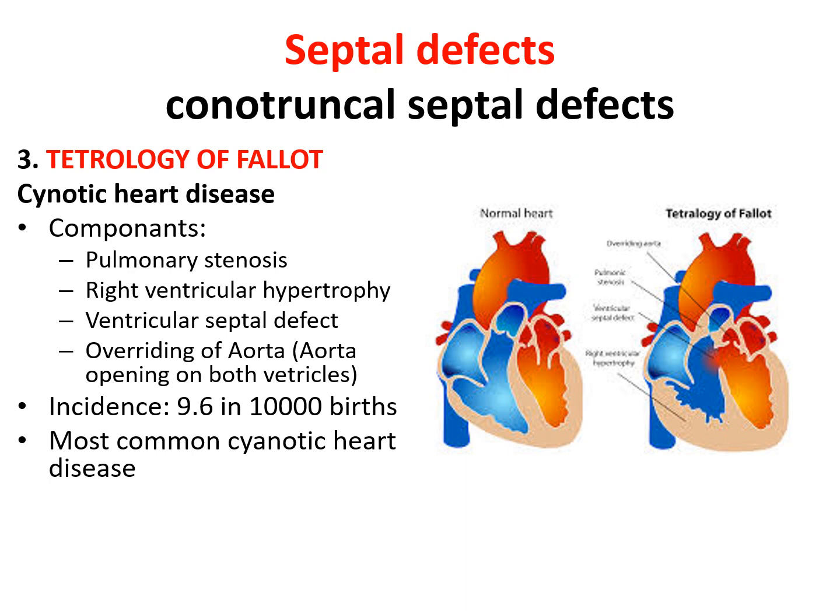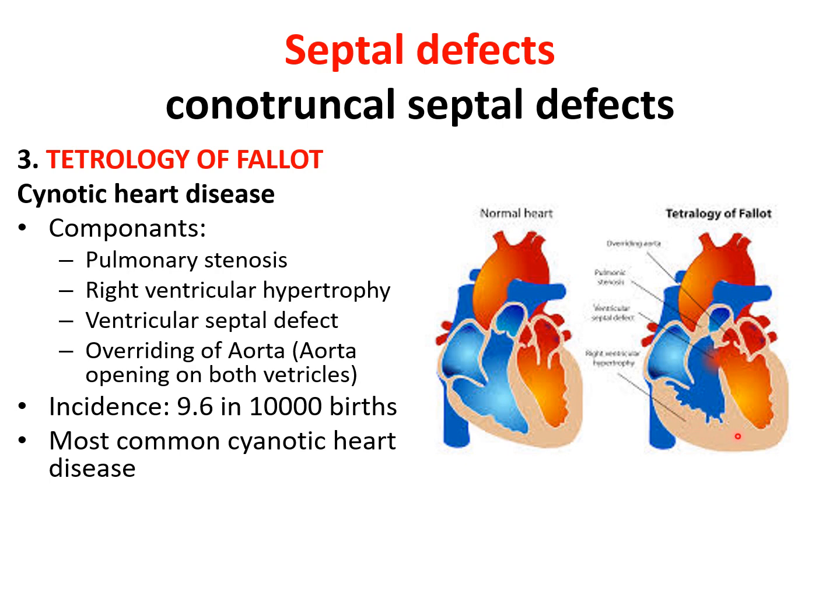Then the third important defect here is tetralogy of Fallot. Tetralogy of Fallot is a cyanotic heart disease, which is one of the commonest cyanotic heart diseases, and it has four components. That is why it is called tetralogy. The components are pulmonary stenosis, which is the main reason for everything, then right ventricular hypertrophy, then ventricular septal defect, and overriding of aorta. So first of all, you can see here the pulmonary opening is almost closed, so it is called pulmonary stenosis.